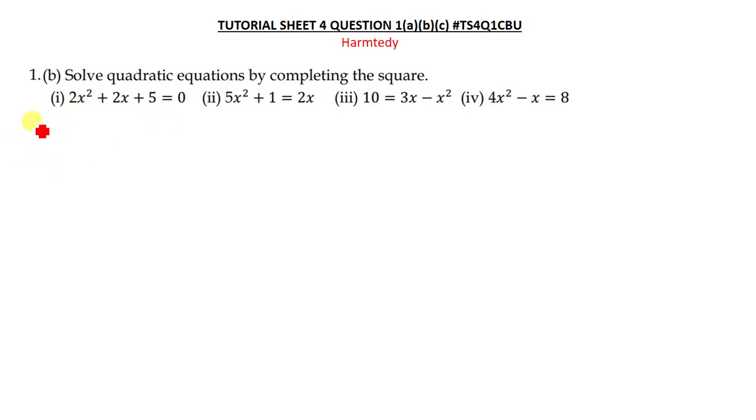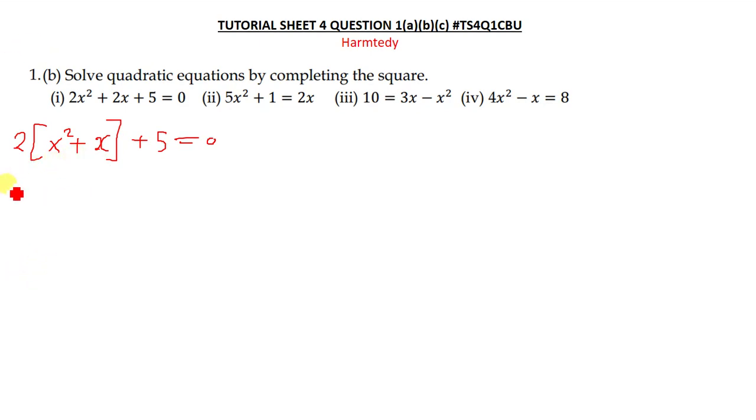So here what you do is you first factor out the 2. So when you factor out the 2, you are going to remain with x squared. Then here when you divide 2 throughout there, we'll get just x there. So I'll factorize the 2 from the first two terms, then I'll remain with the 5 this side. Then this is still equal to 0. So again, if you want, you can take this 5 to the other side of the equal sign, there's no problem. But what you do first is